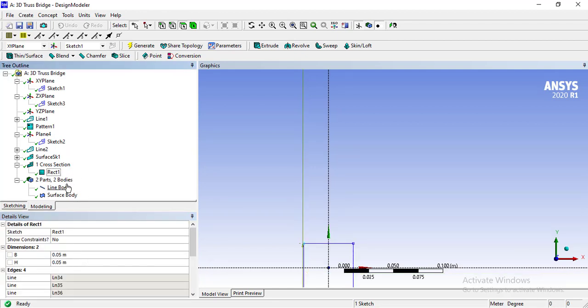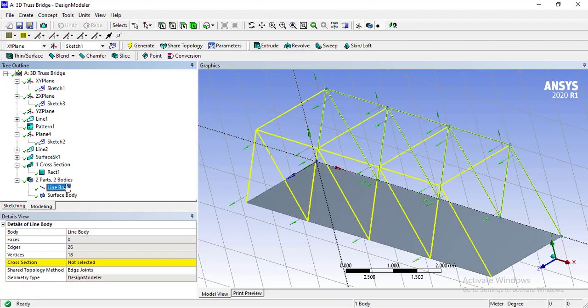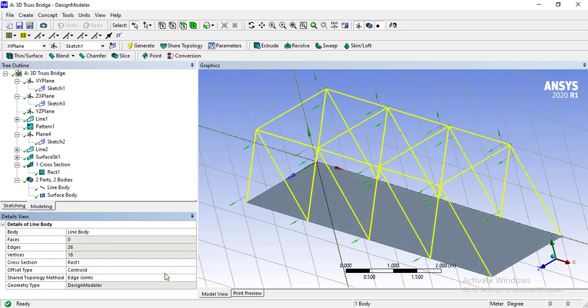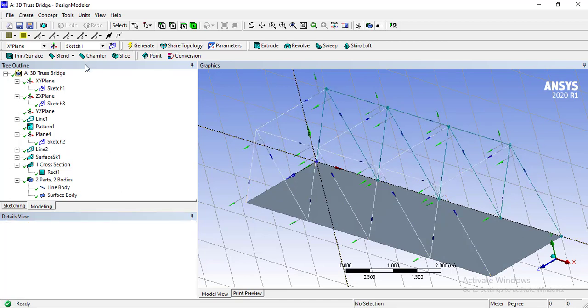Now we have to assign this cross section to this line body. Kindly click on this line body and go here to the cross section and select the sketch like this. Now click generate. Up until this point, our whole geometry has been created. Kindly close the design modeler window